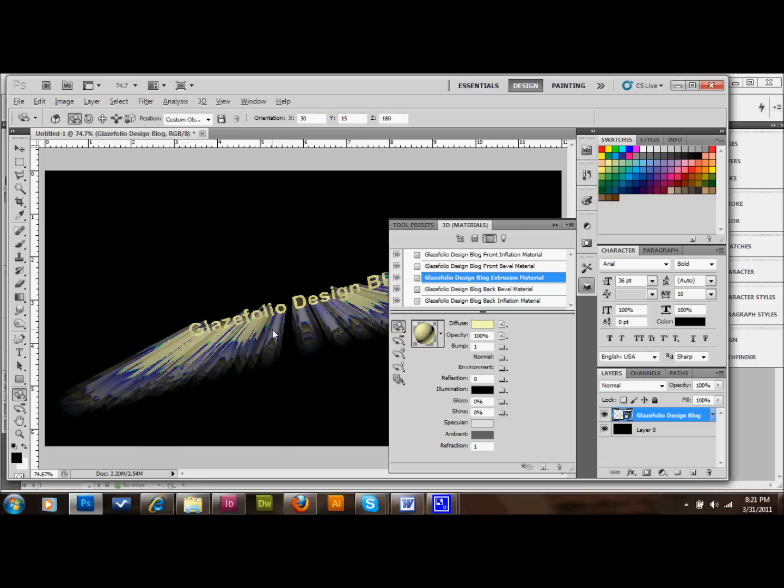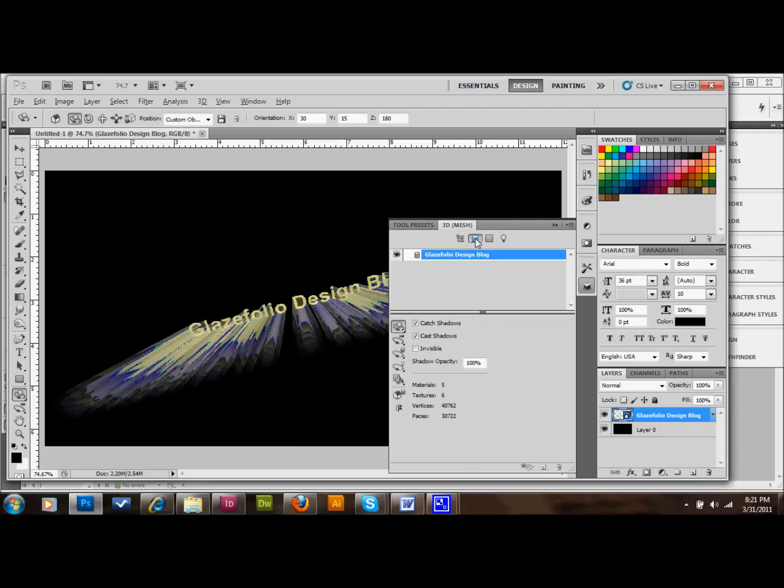Okay, so the next thing that we're going to do is we're going to want to go to our second icon up here in our 3D tool panel, because we want to make sure that cast shadows and catch shadows are unchecked, because that'll kind of mess with our text in the background. And then after you do that, you're pretty much done, and I'll show you a preview of this